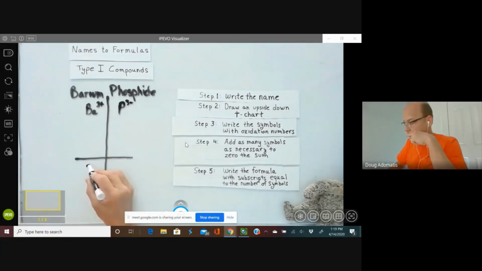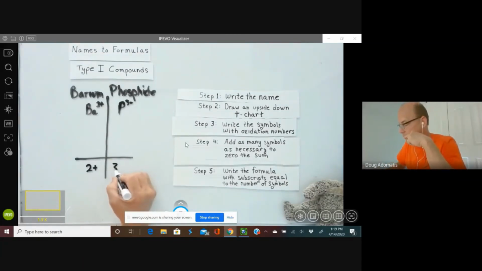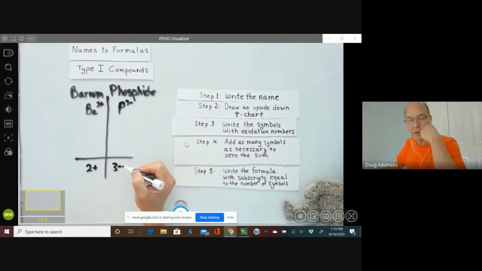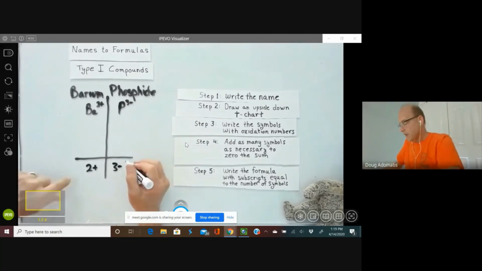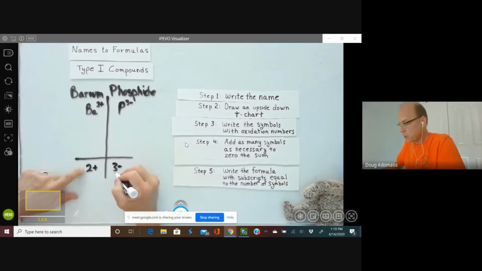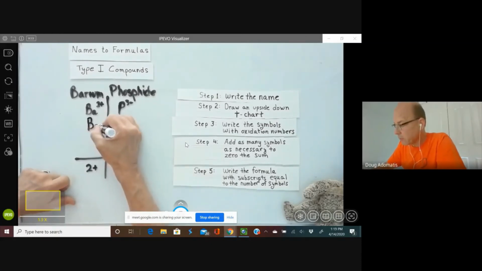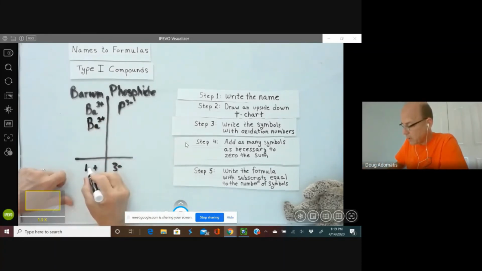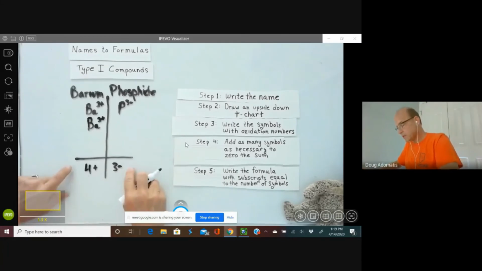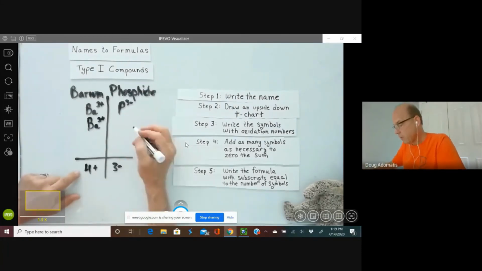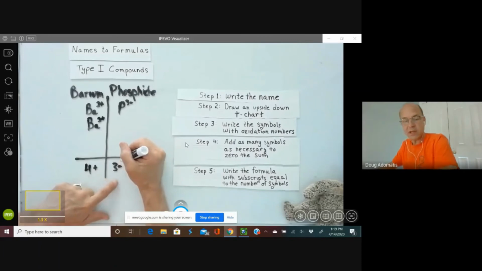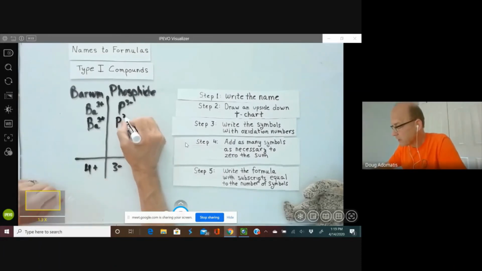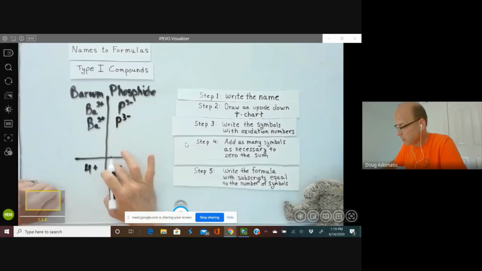Okay, so if I bring my total oxidation numbers down here to the bottom, I've got a 2 plus and a 3 minus. Well, not sure which one to add here, but I always say add one of the lowest that you have. Okay, so 2 is lower than 3, so let's add another barium. 2 plus and 2 plus now becomes 4 plus, right? And they're still not in balance because this is a 4 plus and a 3 minus. So add one more, the one you have the least of, so I needed another phosphorus. Now that's a 3 minus, and a 3 minus and a 3 minus is going to equal a 6 minus,